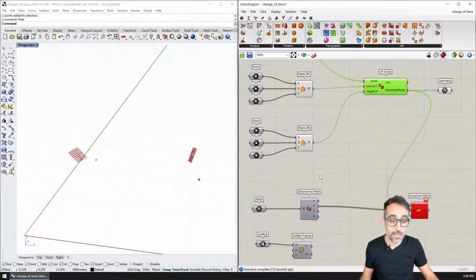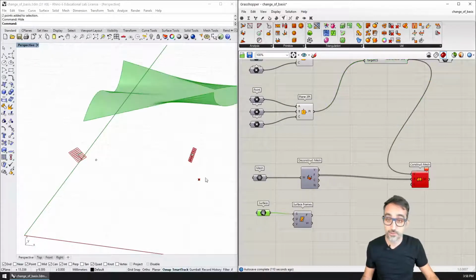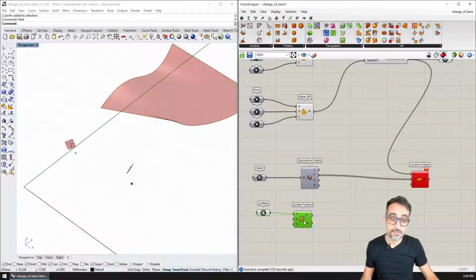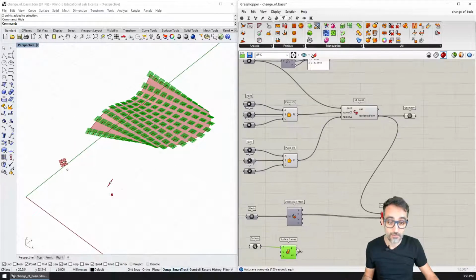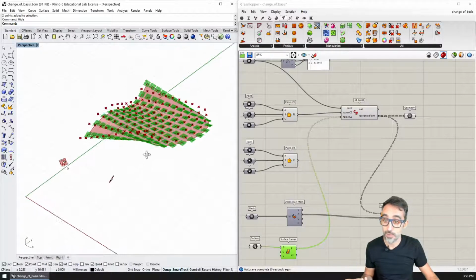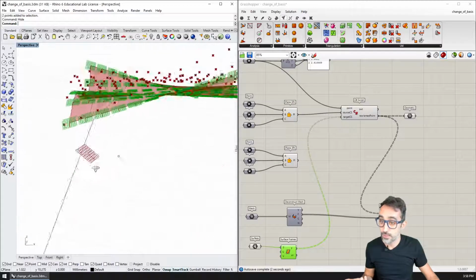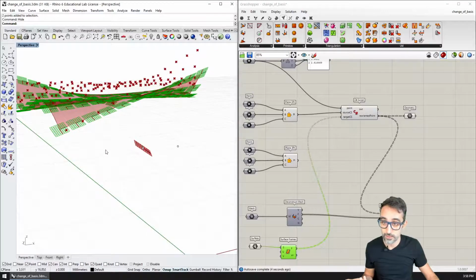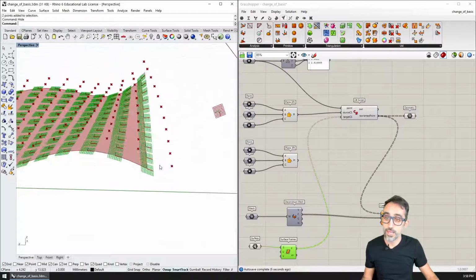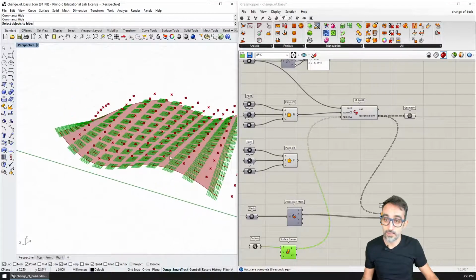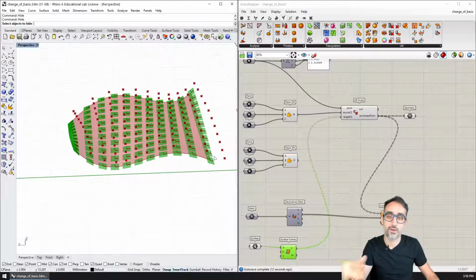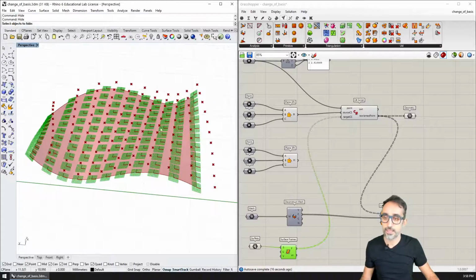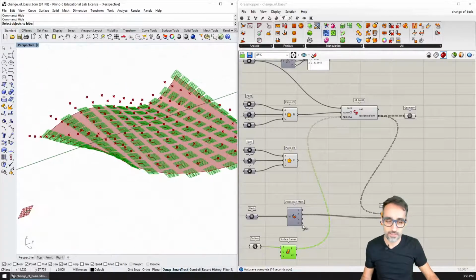For example, in this exercise I have created a surface, and on this surface I have found a lot of tangent planes. What I have done here is use my algorithm to replicate the relationship of this point to this source plane with any of those planes here. So I can now create a collection of points with that same orientation on top of this surface.